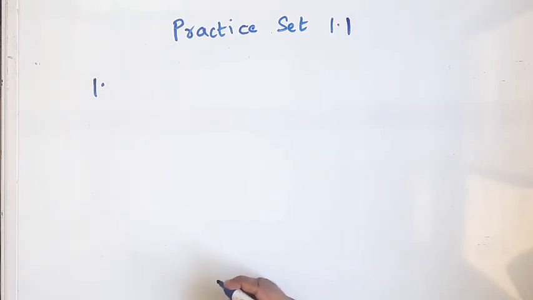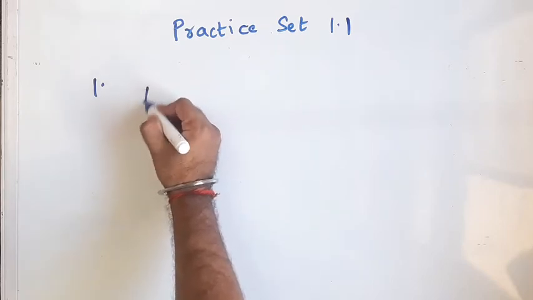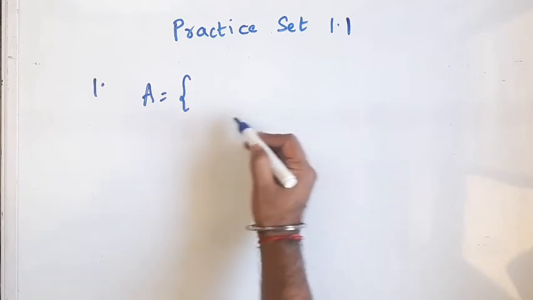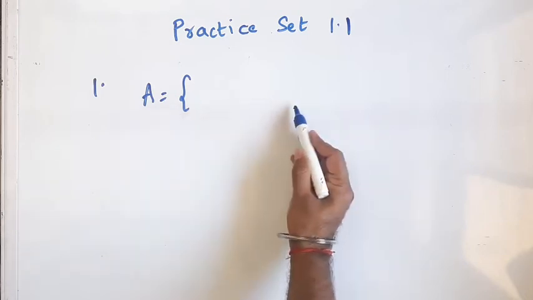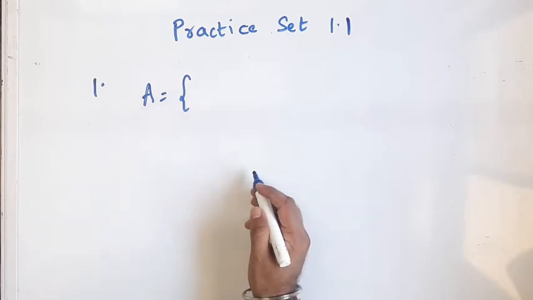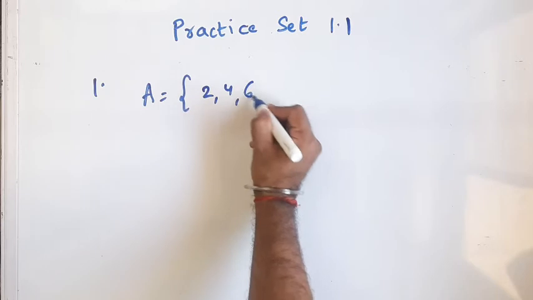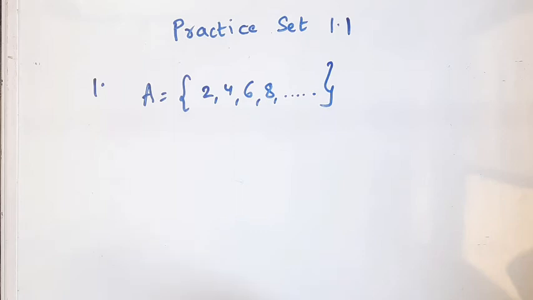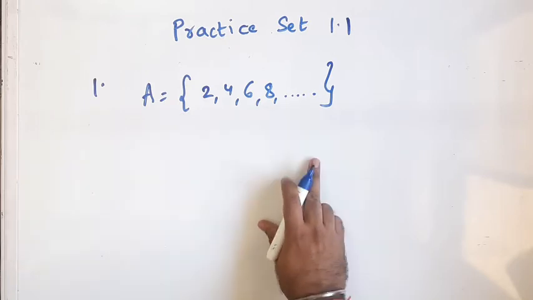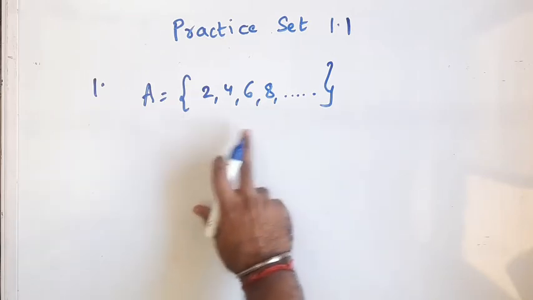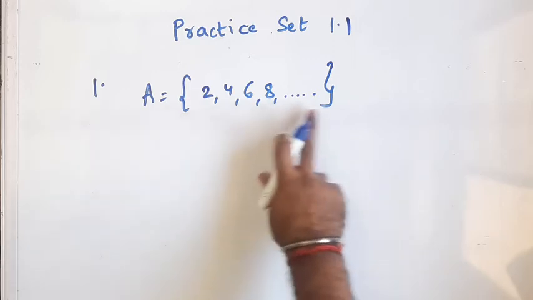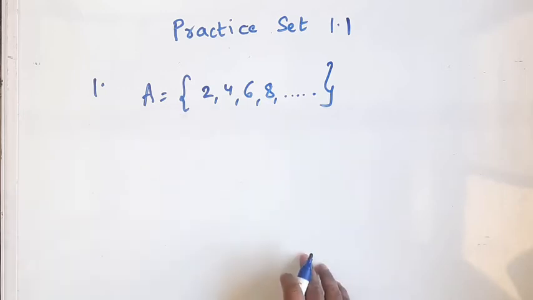Sets of even numbers. When I say even numbers, roster form is writing the elements, separating them by commas. We have to put commas in between the elements. So I'll write 2, 4, 6, 8, dot dot dot. Set of even numbers is infinite, so it will be dot dot dot, and you have to close them with curly bracket only. Don't use round bracket, don't use square bracket, use curly bracket. They are also called brace brackets.